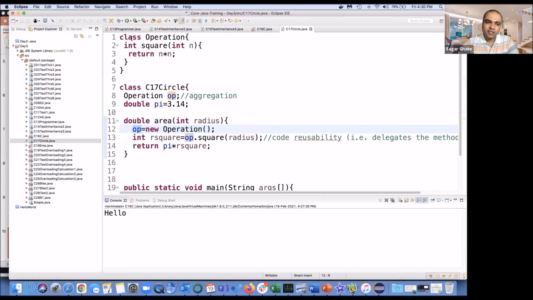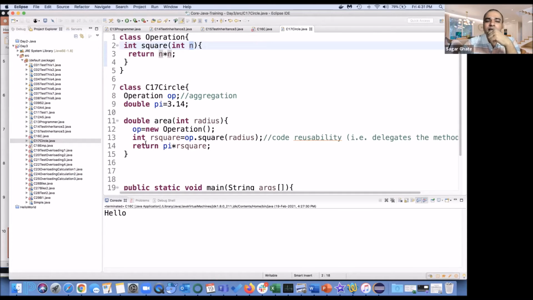That is Operation. This is one operation class, and in this operation class you have a single member, a function with the name square. When you pass any variable there, it is going to return x square. So x is passed, x square it returns.